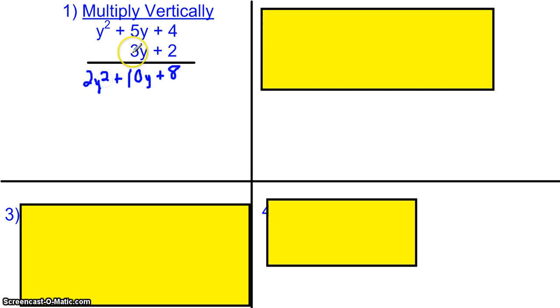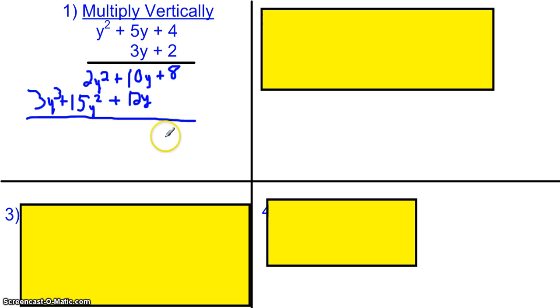So, good. Now we move to the second term here in the binomial. 4 times 3y is 12y, and let's put that underneath its like term, 12y. Right? 5y times 3y, 15y squared, 2y factors, right? 15y squared. Okay, and that was a +12y, so notice we have to put those signs in now. And then we have y squared times 3y, so this is positive, which is 3y cubed. And cubed. Okay, and now we can just add these terms,